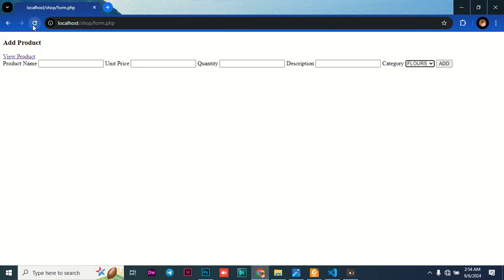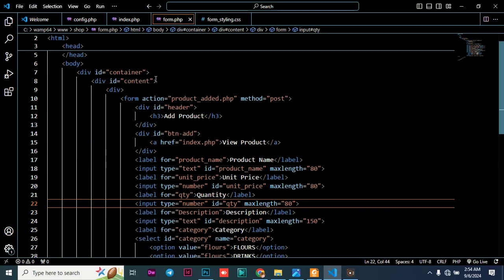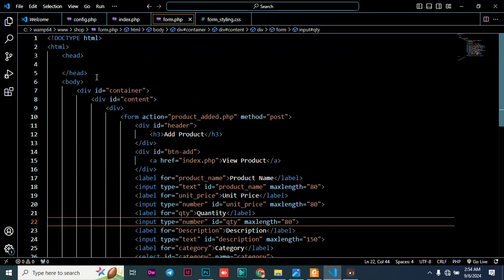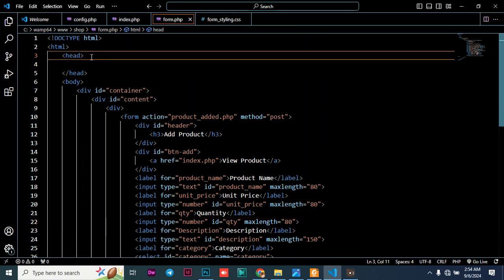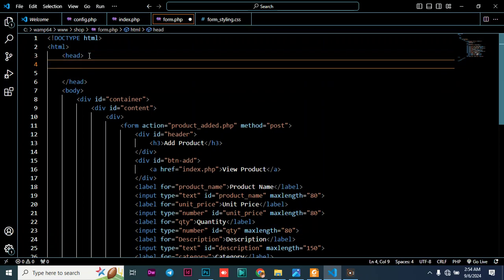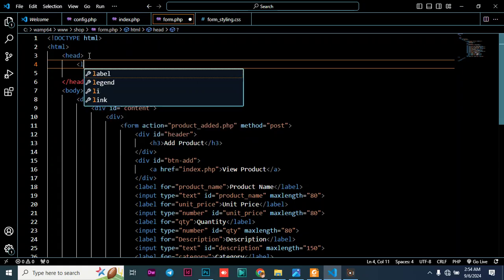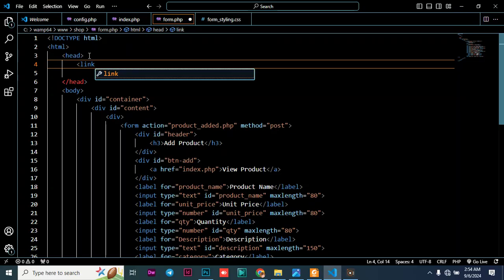So if I refresh this, you can see there's nothing. Why? Because we have not been able to add the external link. So we missed adding the external link here. Remember, we had left some space here for the external link. So if I add the external link, my code will just be like a newborn. Okay, we are just going to say style sheet